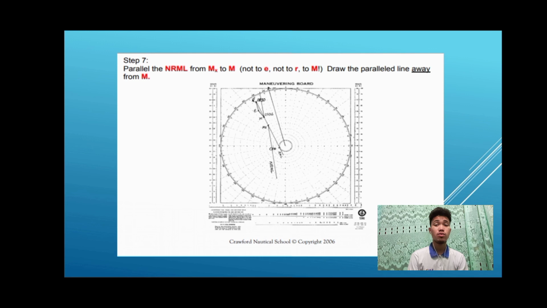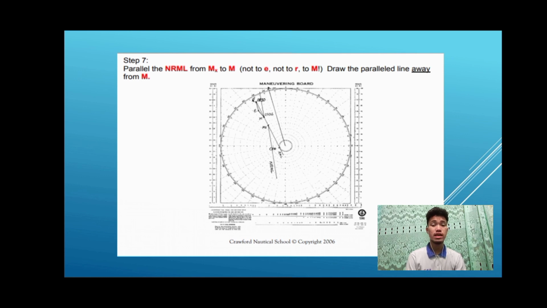Next, in order to parallel the NRML, or the new line of relative motion, from the position of the other ship on the relative motion line at the planned time of evasive action, the point of execution, or MX to M,